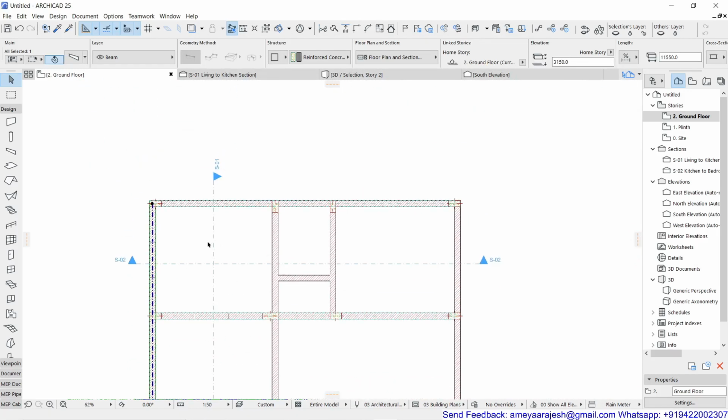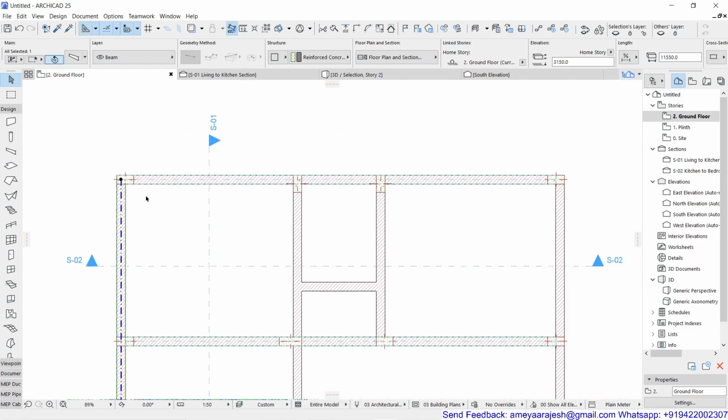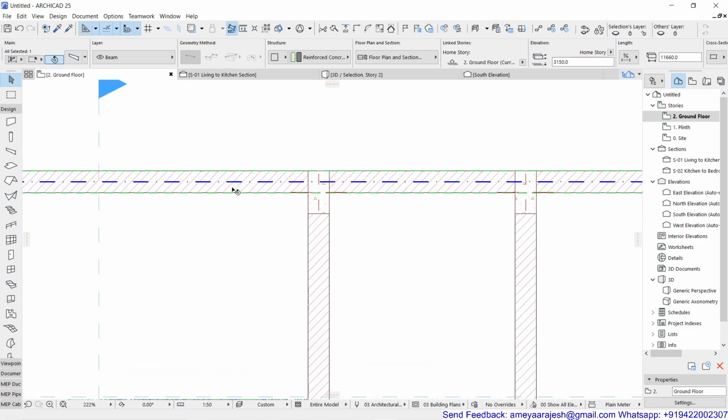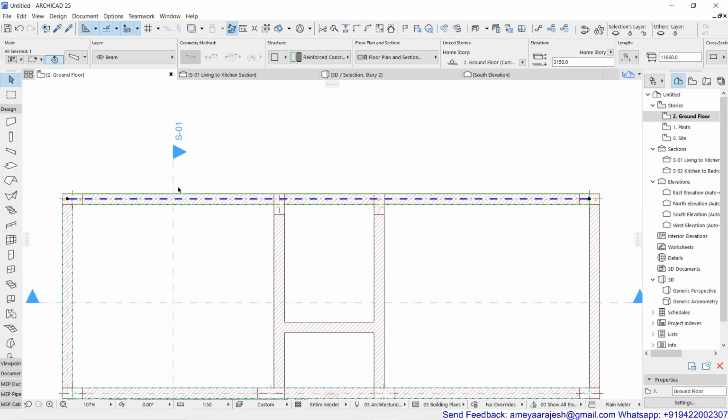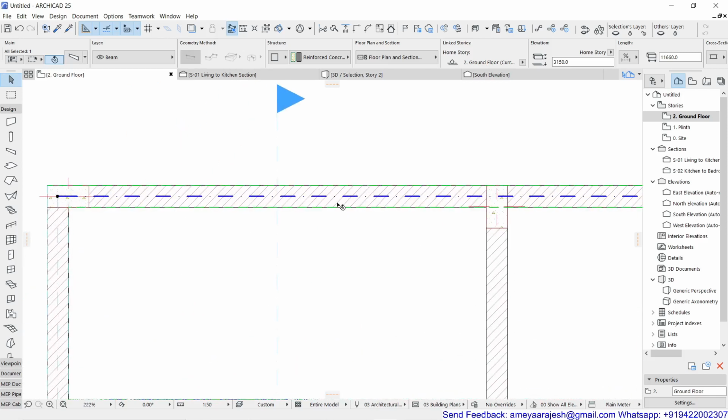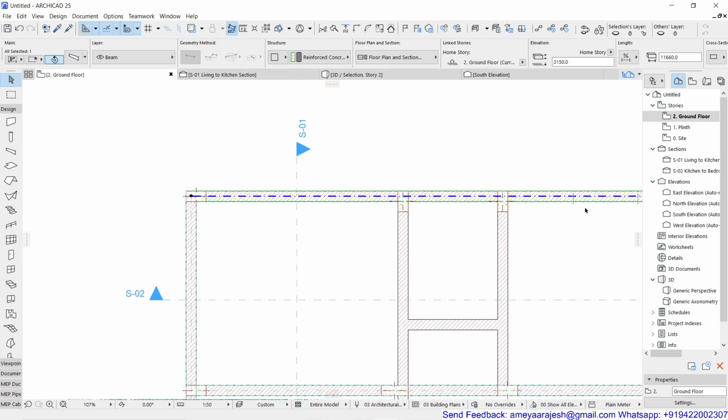Another thing one should always remember: if your drawing demands variation in the depth of the beam, and at times your RCC designer gives you different beam numbers. For example, from column 1 to column 2, my beam will get calculated maybe as B1, then B2, B3.